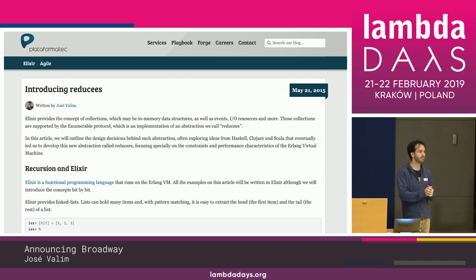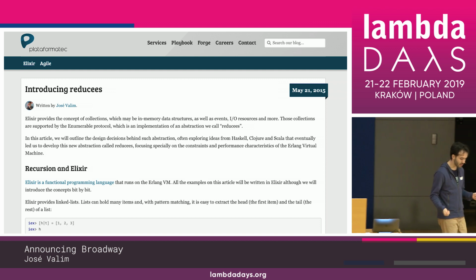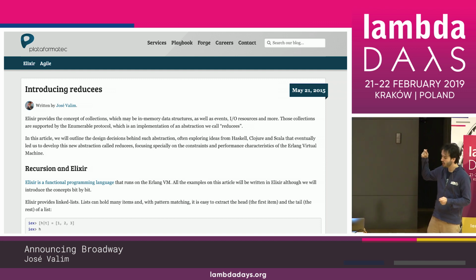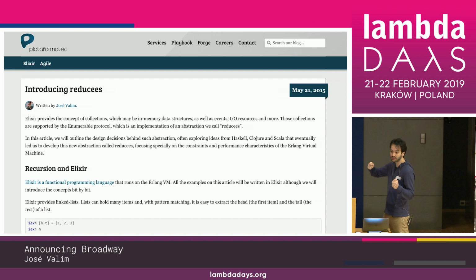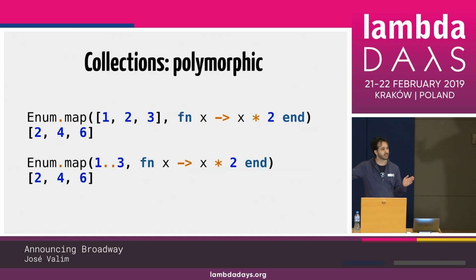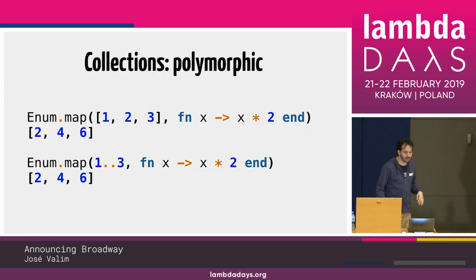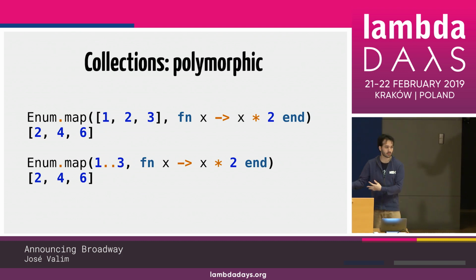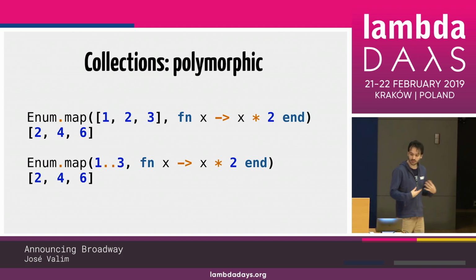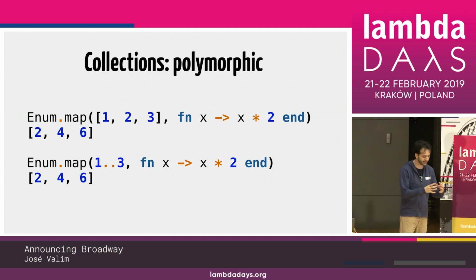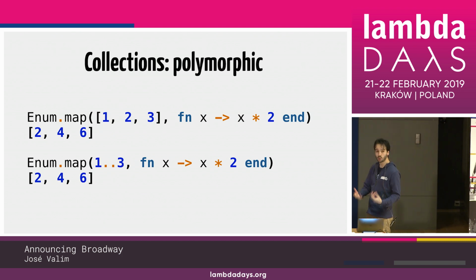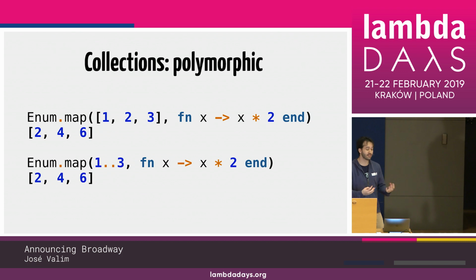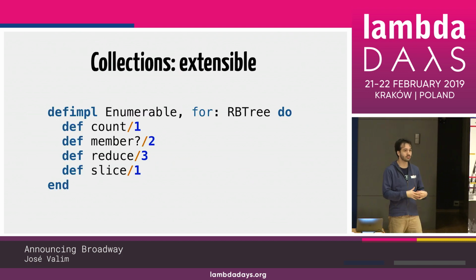So let's take a look at them from the developer perspective very quickly. In Elixir, when you're going to work with collections, you use the Enum module. And here, for example, we are using map, which allows you to map over the elements of a collection. You can see that here it's polymorphic because sometimes I'm passing a list as first argument, but I can pass a range as well, and it just works. Okay? And it's also extensible because the Enum module behind the scenes in Elixir uses the Enumerable protocol. And a protocol is something that you can implement at any time you want for any data type.